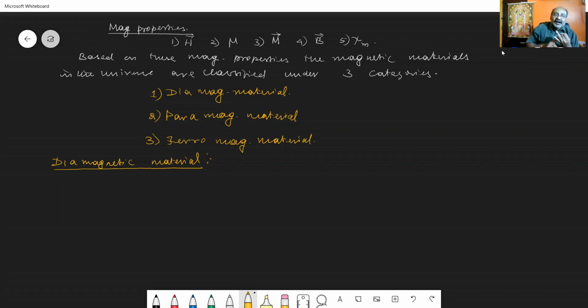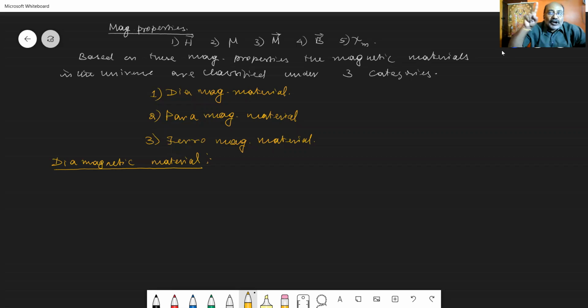The second point: each electron orbiting around the nucleus also gives rise to a magnetic moment. The revolving electron gives rise to a magnetic moment. Magnetic moment, we know, is Qm into 2L. For a bar magnet, we say it is Qm into 2L, ampere meter square. Like that, a revolving electron will give rise to a magnetic moment.